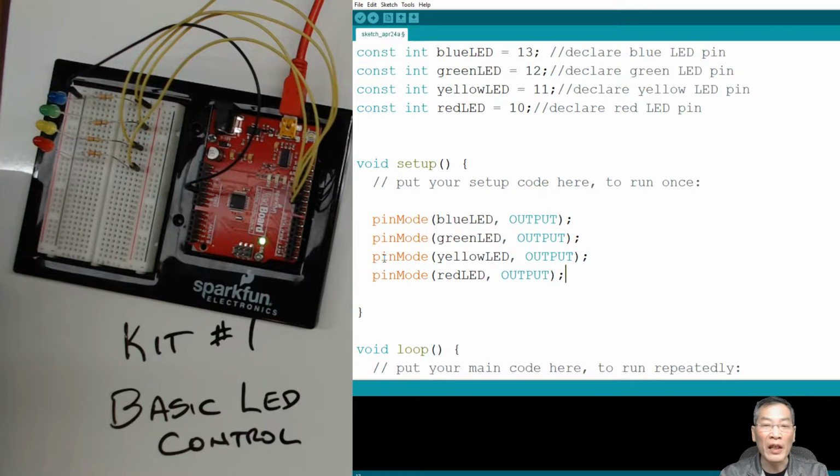And again, once it turns blue on the output, you can tell that you typed it correctly. Again, here we're going to say declaring pinMode for